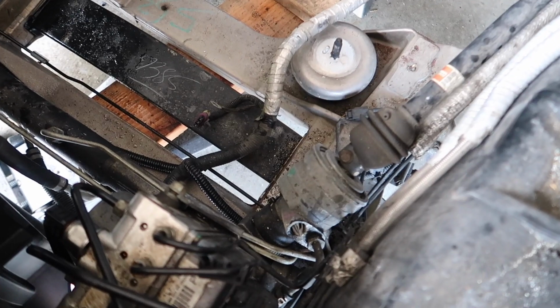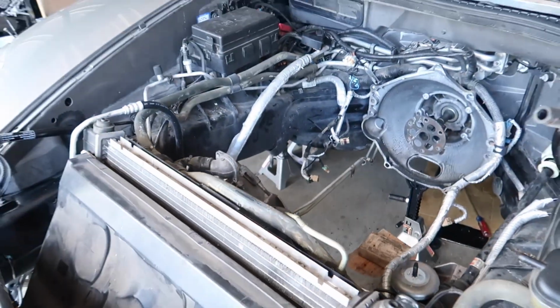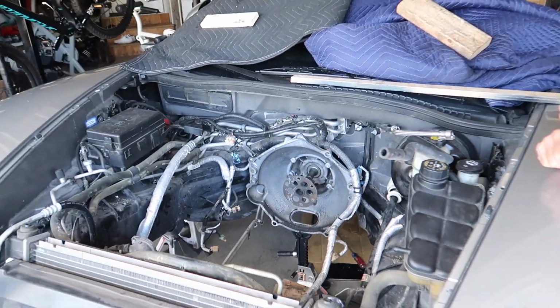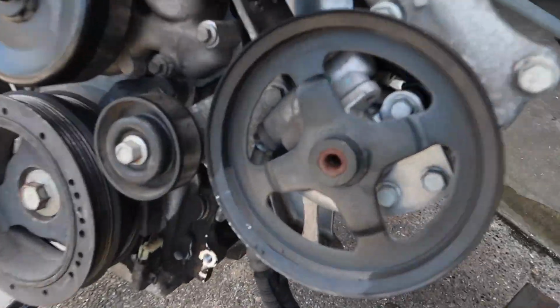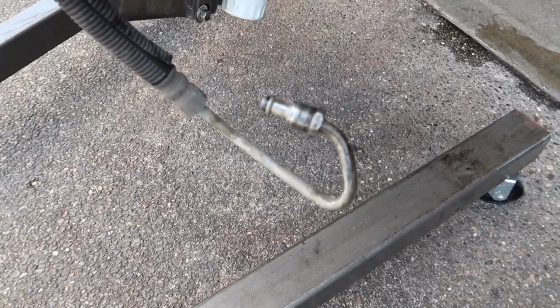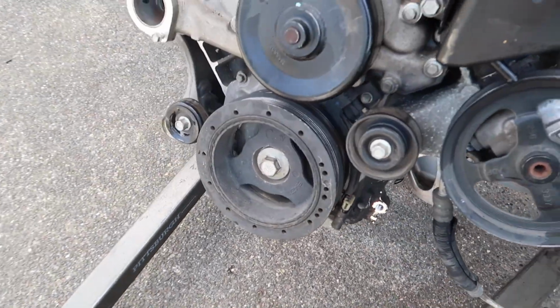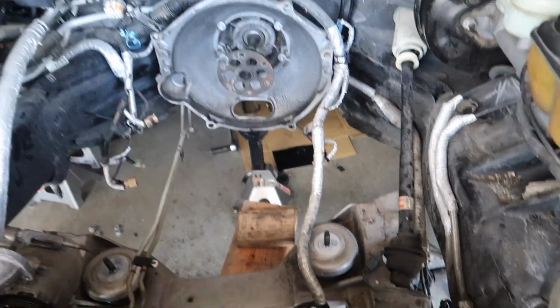Motor's out. So one of the holdups that we had was this power steering line. So don't forget to remove the power steering line. It was like the motor was twisting, so we noticed it like halfway up out of the motor, which is right here. So I just removed it from the bottom because it was easier to access that way. But other than that, it's time to clean this and prep the new motor